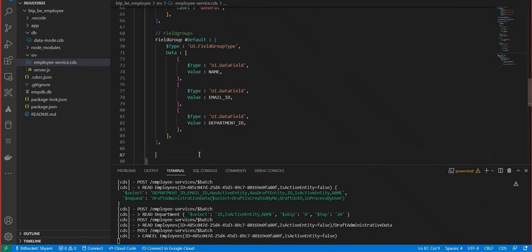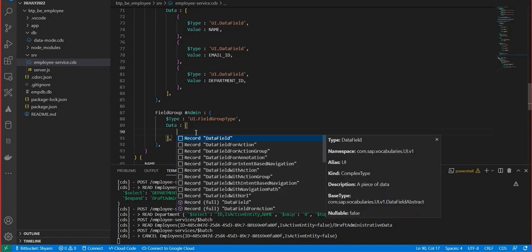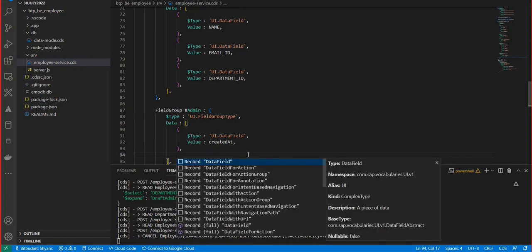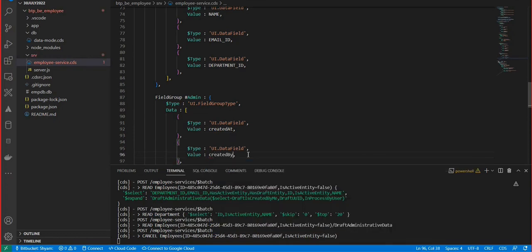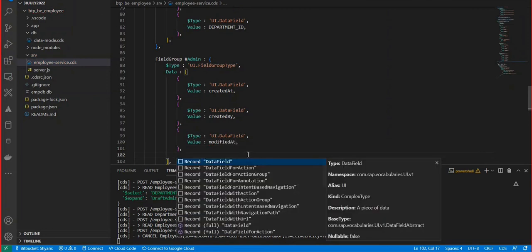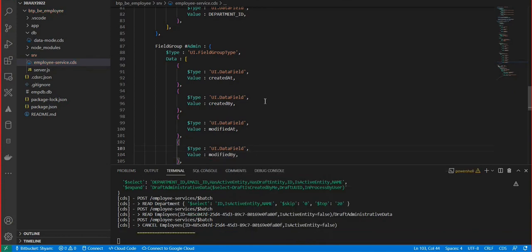Okay, so I'll just say field group, and here I'll specify this is a kind of admin data, and here I would be specifying a property called data, which would have a data field, and I want to map it to created at, data field for created by, data field for modified at, and data field for modified by. If I just save this information,